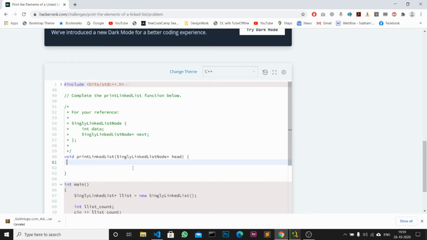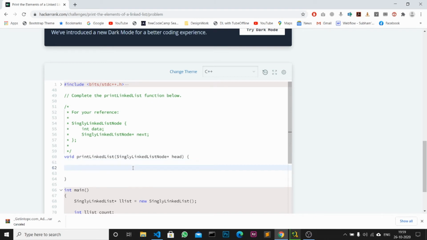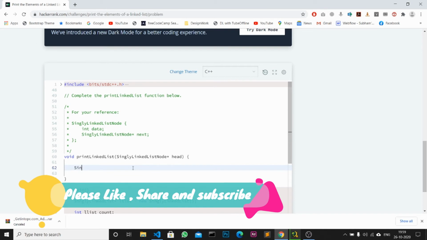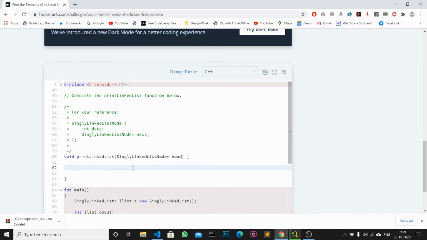To print the linked list, you can do one thing. You can directly use the head, increasing the head element, or you can create a temporary pointer. I will directly use the head element, though it is not recommended.